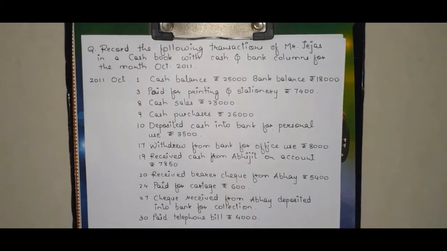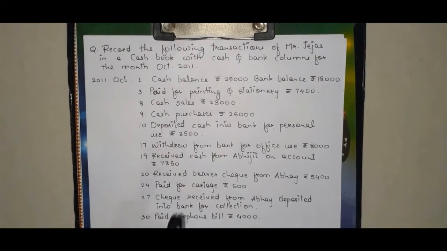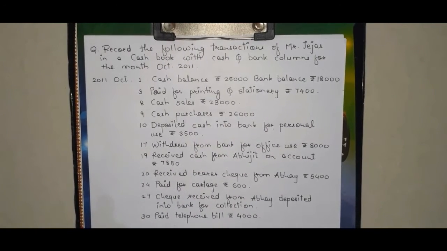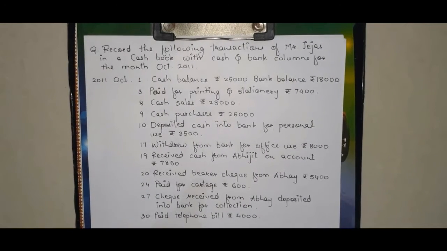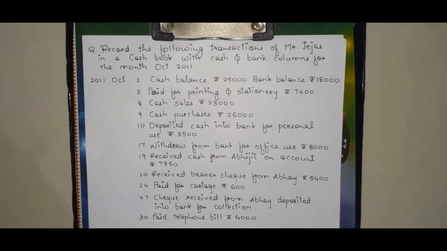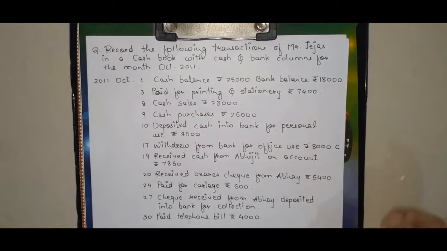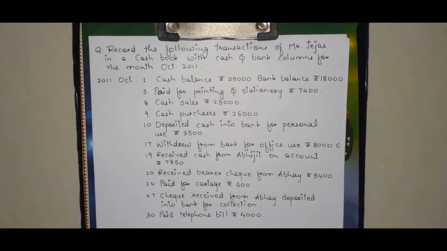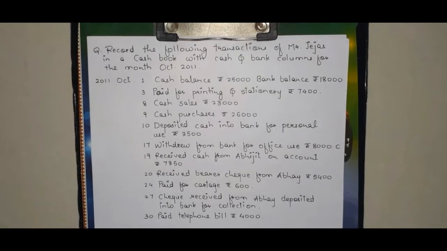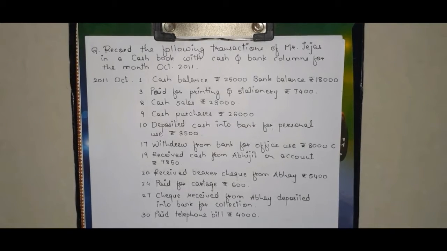I have told you what a contra entry is: that transaction which is recorded on both sides, that is on the receipt side, the debit side, and on the payment side as well, the credit side. So we will mark over here that this is a contra entry. In small letter we will write down C. So for our better understanding that this is a contra entry, we have to record it in the cash book while solving the solution of this example.